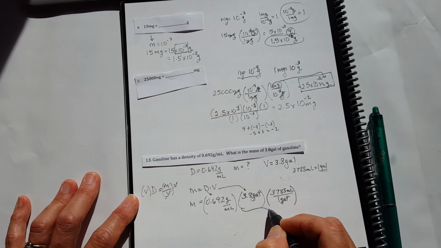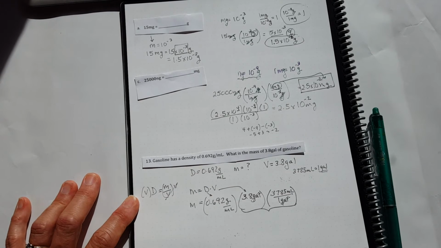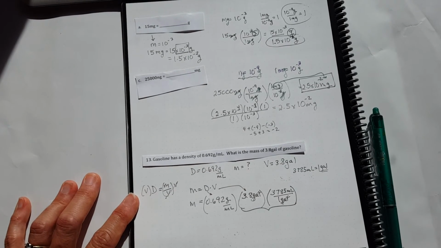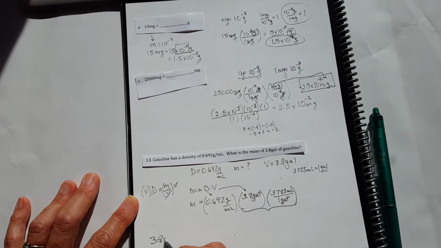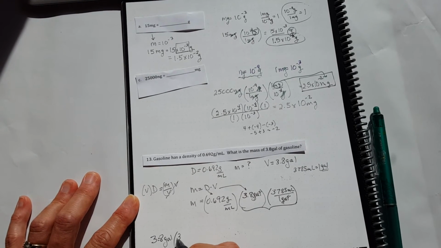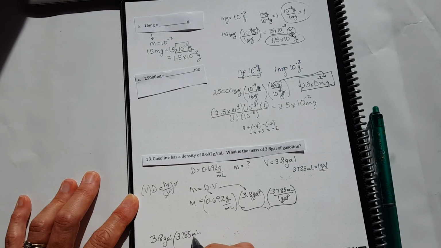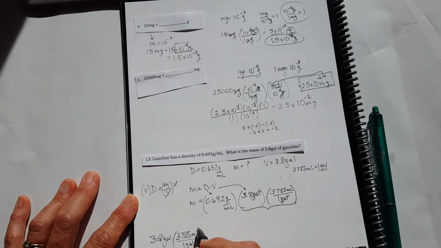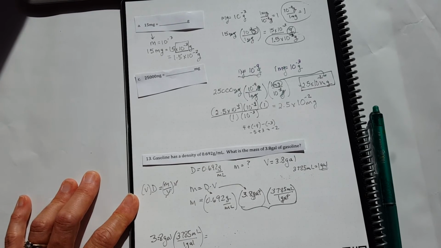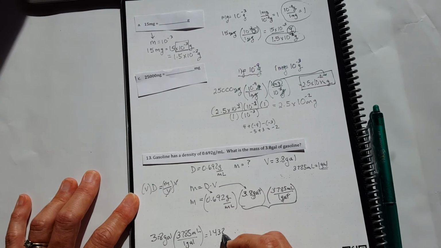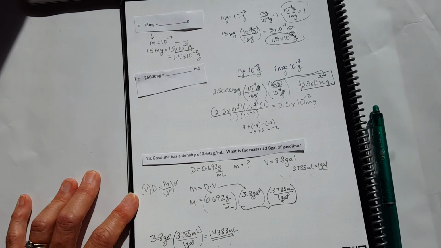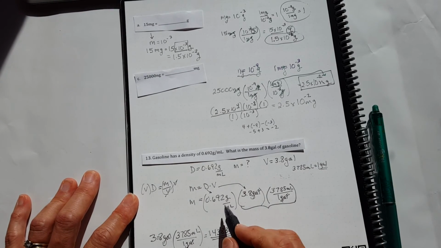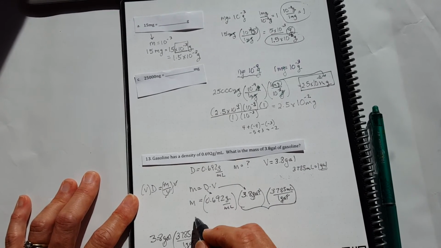So this step right there, a lot of you probably did as a separate step, and you could have said over here 3.8 gallons times 3,785 milliliters is equal to 1 gallon. And you could have come up with the fact that that's equal to 14,383 milliliters, right? Gallons is going to cancel. 14,383 milliliters. And you could have said, instead of putting the conversion in the equation here, you could have said